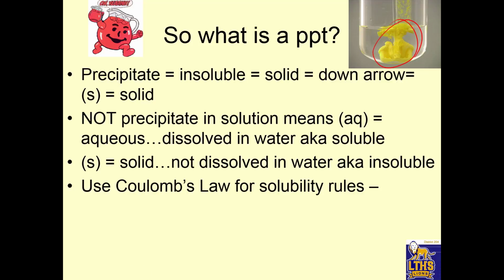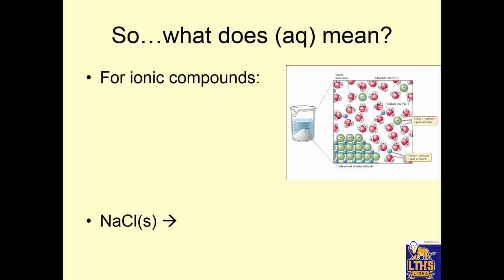What is not a precipitate? It means there's some aqueous dissolved in water, and that's soluble. Okay. S is for solid, not dissolved in water, insoluble. And we use Coulomb's law for solubility rules. Okay, so what does AQ really mean? For ionic compounds, AQ means water pulls apart